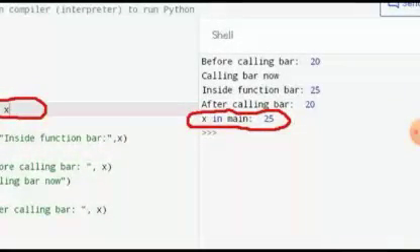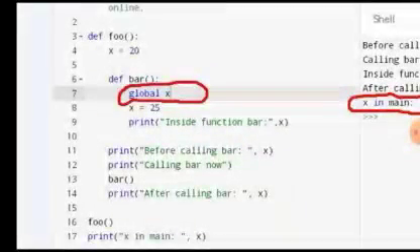Why is 20 being printed in the fourth line of output? It is because whenever we define a global keyword inside any nested function, that global keyword will have no effect in the outer function. Here foo is the outer function, so this global keyword will have no scope in the outer function. It will have its effect only inside the bar function and outside of the calling scope. What is the calling scope? It is the outer function, which is the foo function here, inside which bar is nested.